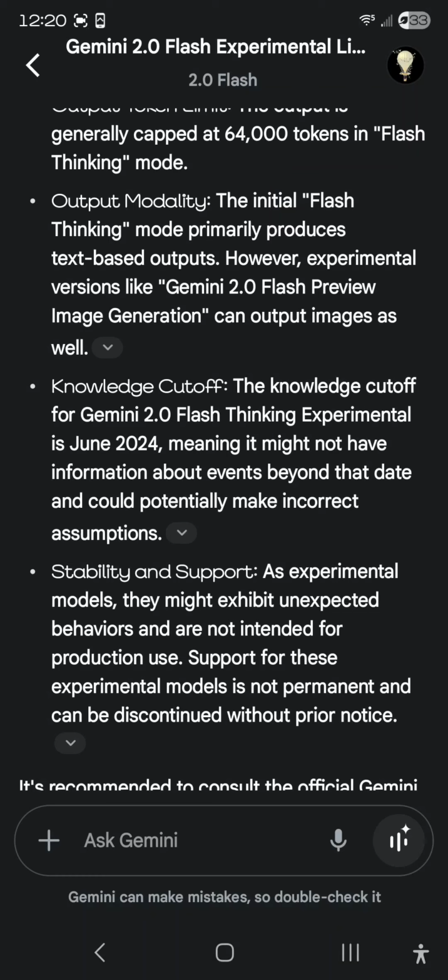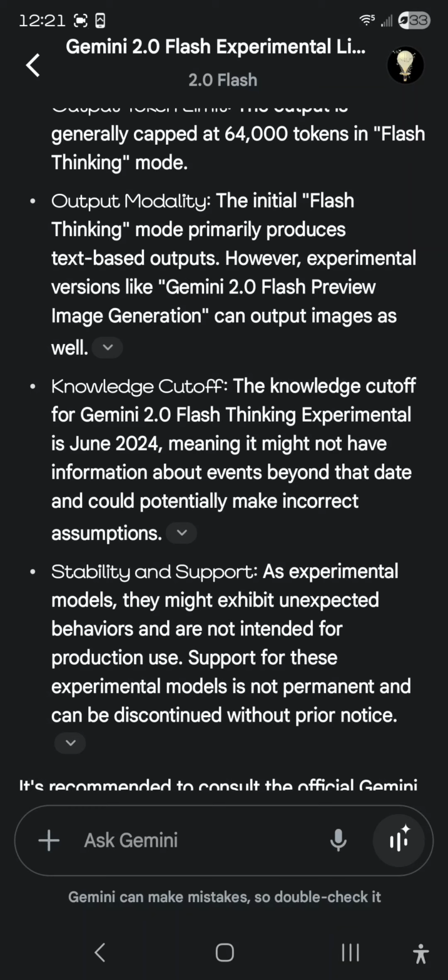So what I thought was interesting in its first response was that there is a cutoff. The flash thinking experimental cutoff is in June 2024. Well, I don't know what use that information is because it was 2024 and it's now 2025, but